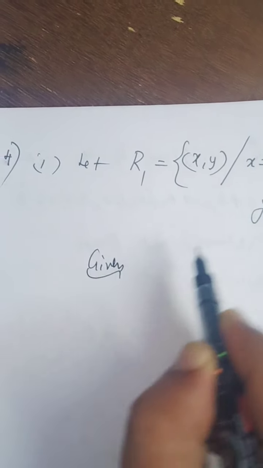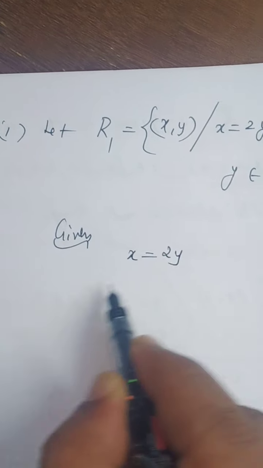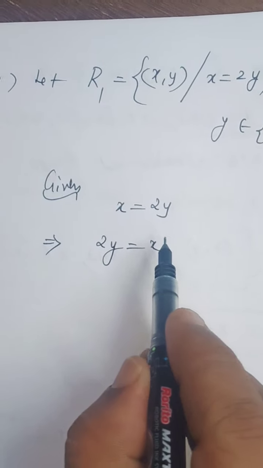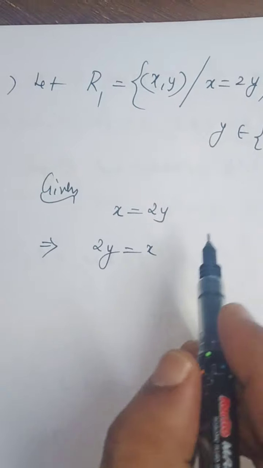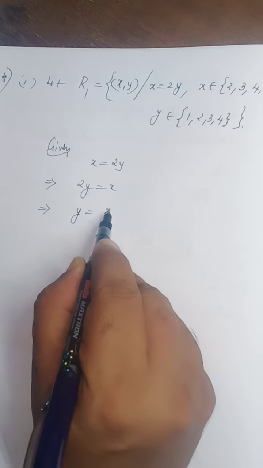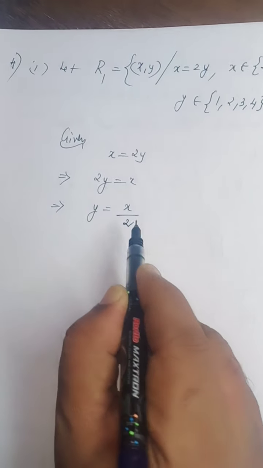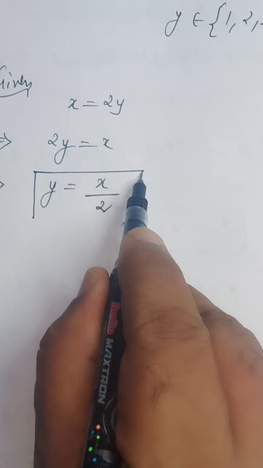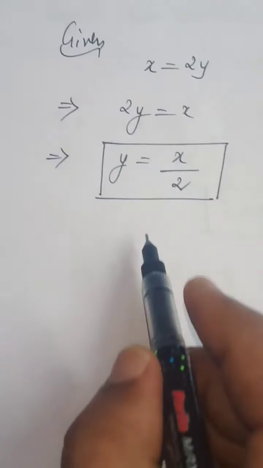Given x equals 2y, you write 2y equal to x. Interchange: I have written RHS in LHS and LHS in RHS. No change of sign. You need y on the left hand side. So y equals x divided by 2. Multiplication becomes division when it crosses the equal sign. So y equals x by 2. Even though you are given x, you find y. Okay. Now,